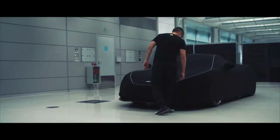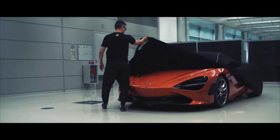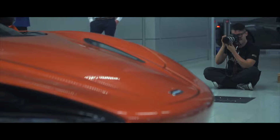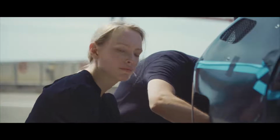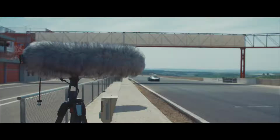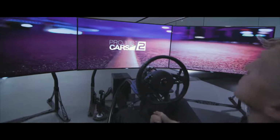In mid-2016, Slightly Mad Studios began the process of recreating the McLaren 720S in-game for Project Cars 2. With the development cycle of the real-world 720S complete, it was time to gauge the performance of the Project Cars 2